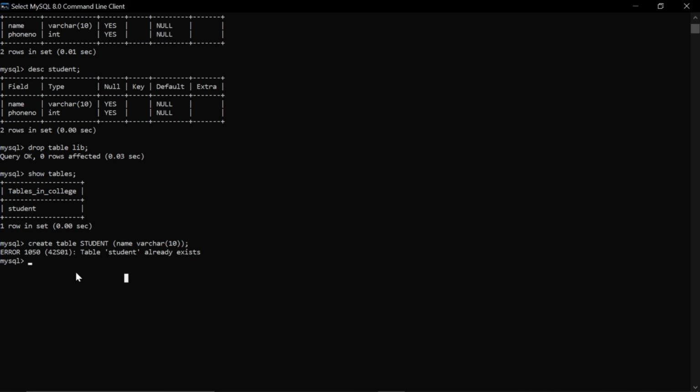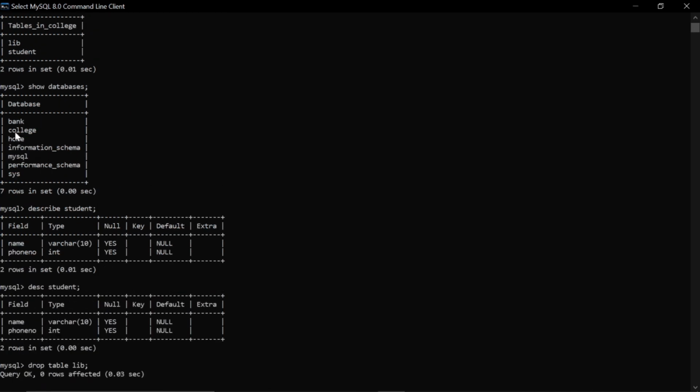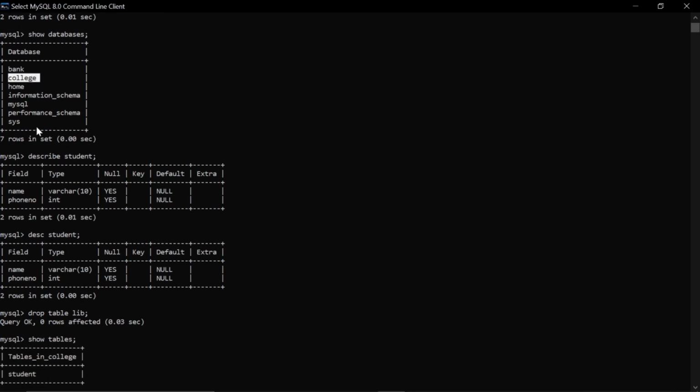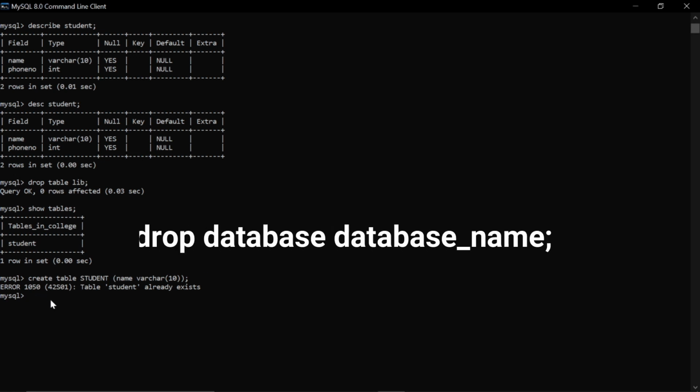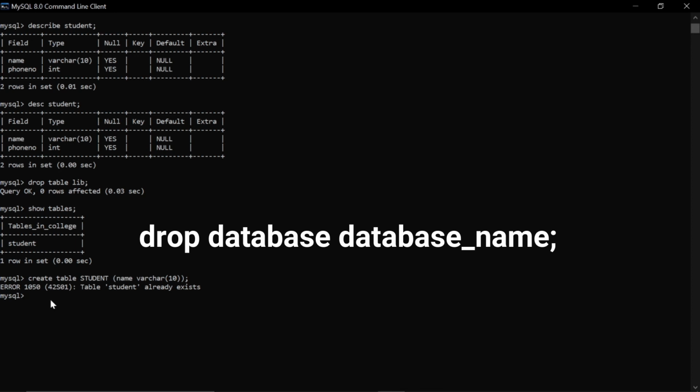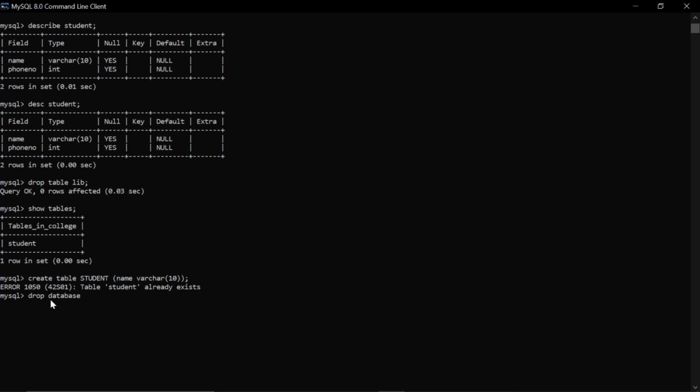Now suppose you want to delete a particular database, because your use of this particular database is completed. Now you want to delete it. So let us suppose I want to delete the database called college. Again I will use the command drop, and the syntax is drop database and the name of the database, that is drop database, and the name of the database is college.